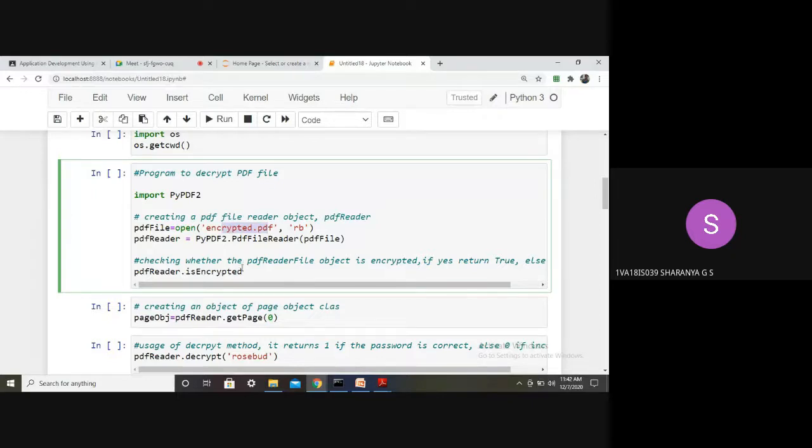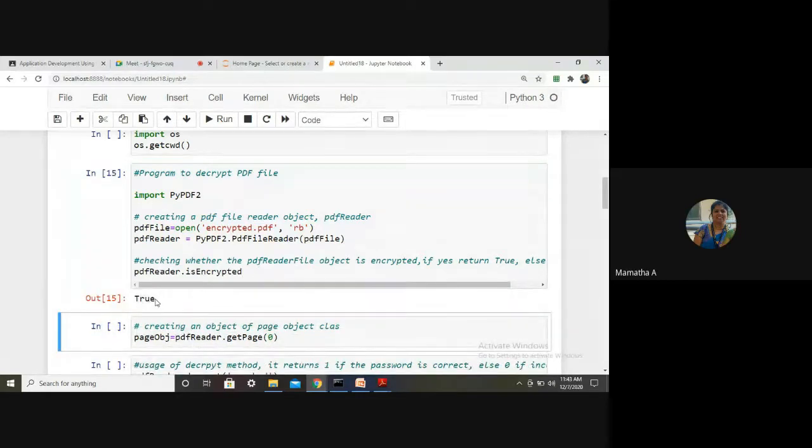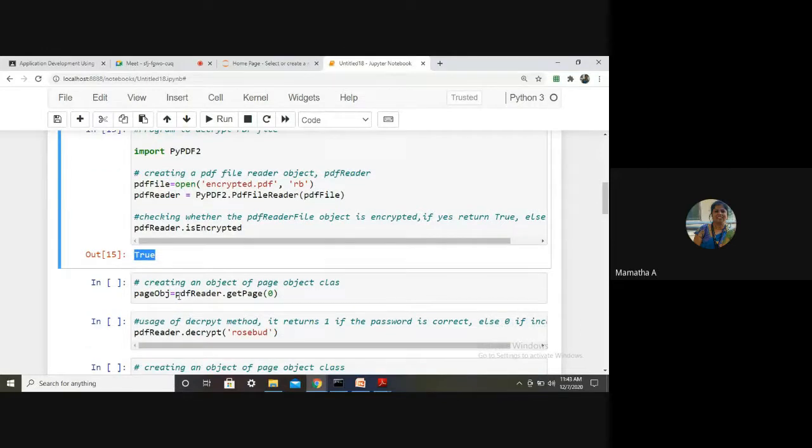Does it return true or false? True. You can observe that it returns true. Why? Because the PdfFileReader, which is pointing to encrypted.pdf, is encrypted; it has a password.